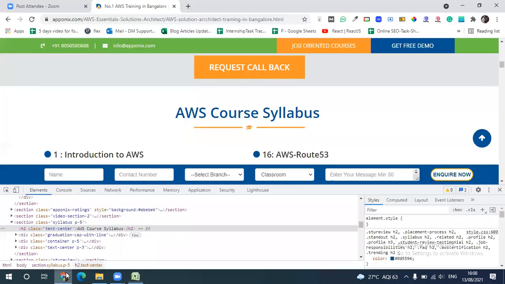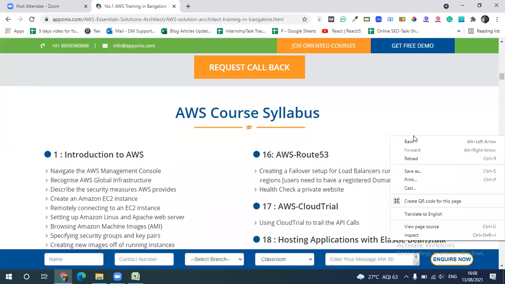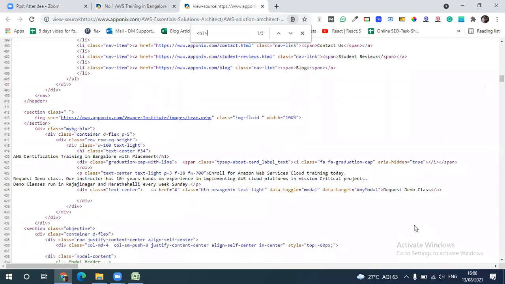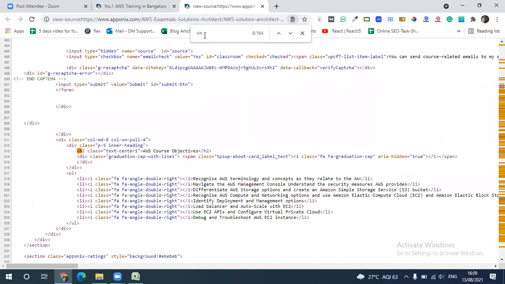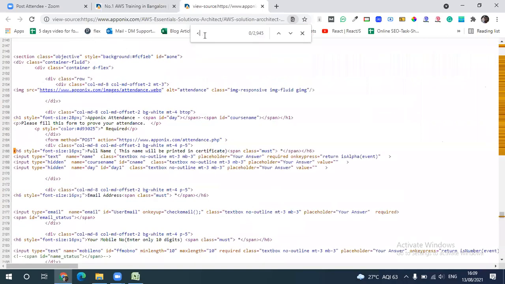Also, I told you how to test it in the web page. Either you can do it this way: if you are getting confused with inspect, just right click and click on view page source. Here it will show the source code. Use Control F and this pop-up will come. Then type h1. You can see it is suggesting h1. Don't close the tag; just mention the open angle bracket and tag name. You can see h1. Now I will mention h2, and you can see it goes to that particular location. Similarly h3, h4, h5, h6. These are the tags you get here.